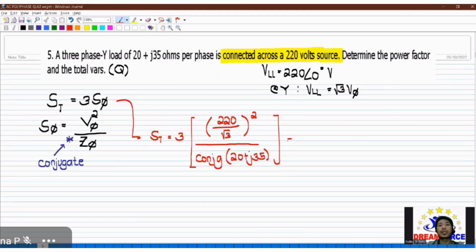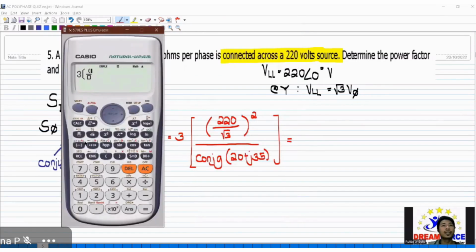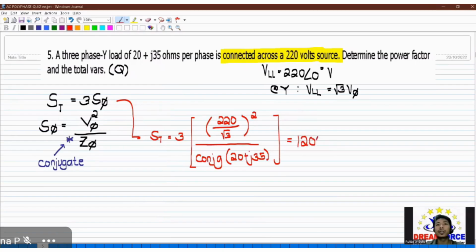So from that, calculate. We have your 3 multiplied by 220 over square root of 3, and then this is squared, divided by conjugate of 20 plus 35i. Answer there, pwede natin i-express sa polar and pwede rin sa rectangular. Unahin muna natin sa polar: 1200.66, and the angle is 60.26